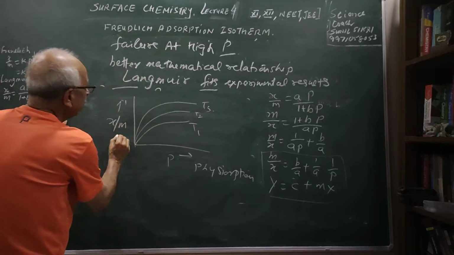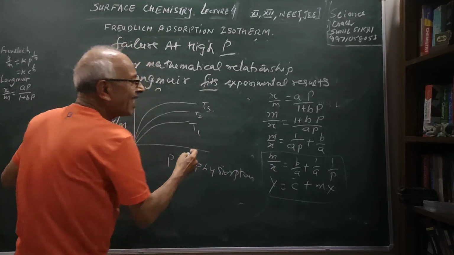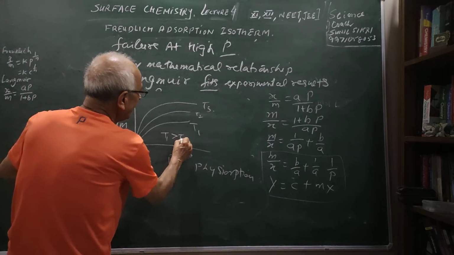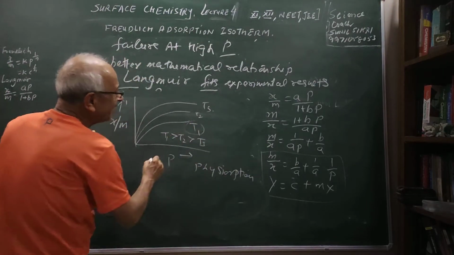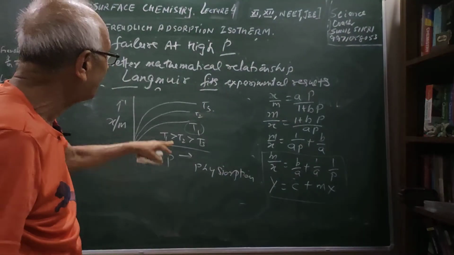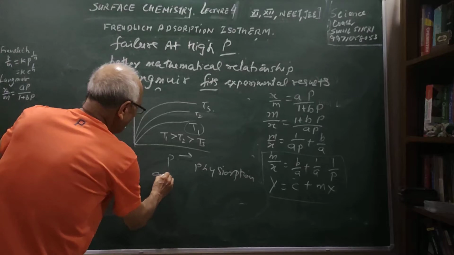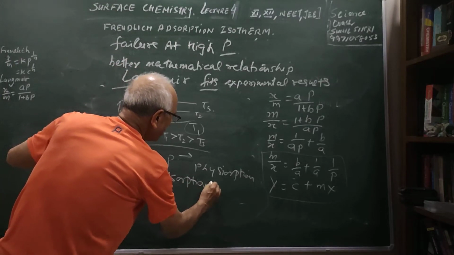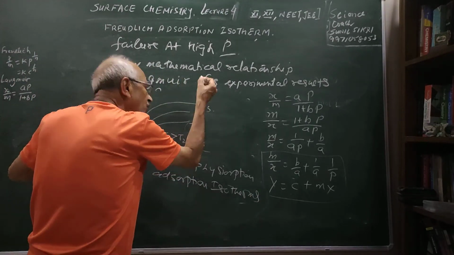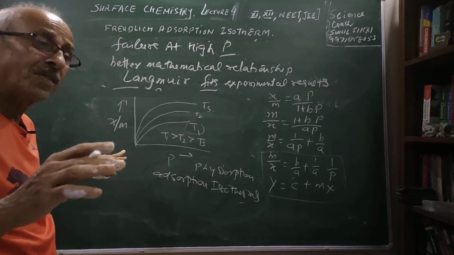So students, what do you know? As the temperature increases, the adsorption decreases. Therefore, we can say that T1 will be higher than T2, than T3. The highest temperature is this one because the adsorption is less. With increase in temperature, physisorption decreases. Therefore, the correct order of the temperature for these adsorption isotherms at different temperatures is: T1 should be higher than T2, and T2 should be higher than T3. According to the increase in temperature, the adsorption or physisorption decreases.